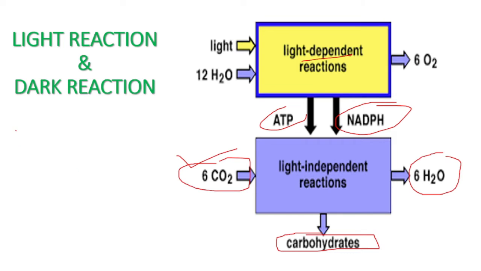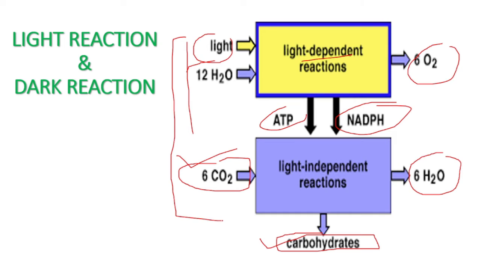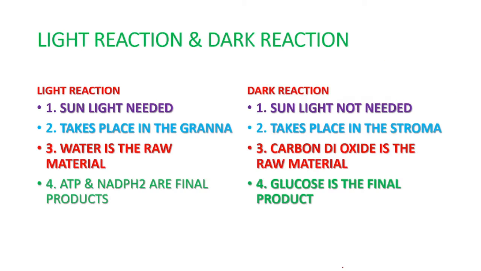Now our reaction of photosynthesis is very clear. CO2 plus H2O in presence of light give rise to oxygen and water and carbohydrate. So now these all are the raw materials, and these are the final products of the photosynthesis process. So again let us revise what is the difference.